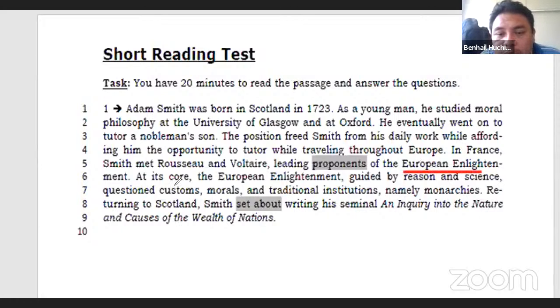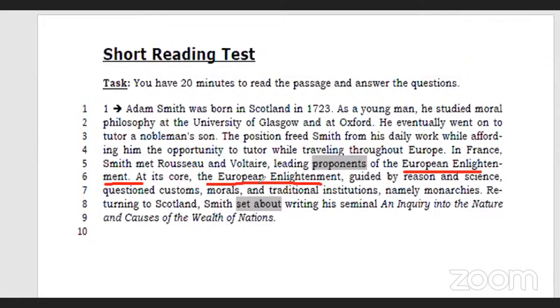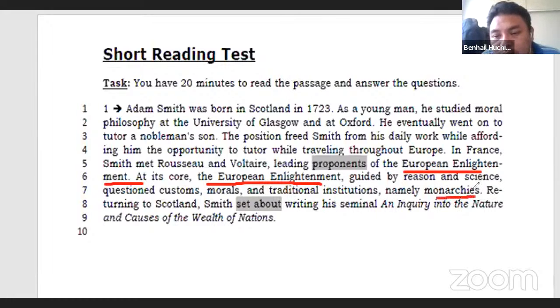In its core, the European Enlightenment, guided by reason and science, questioned customs, morals, and traditional institutions, namely monarchies. Returning to Scotland, Smith set about writing. Okay, so from that,